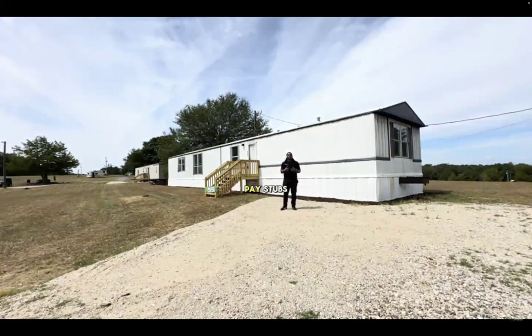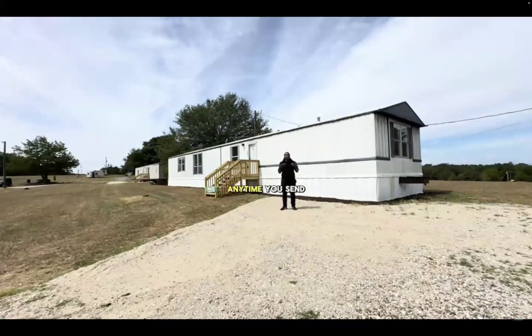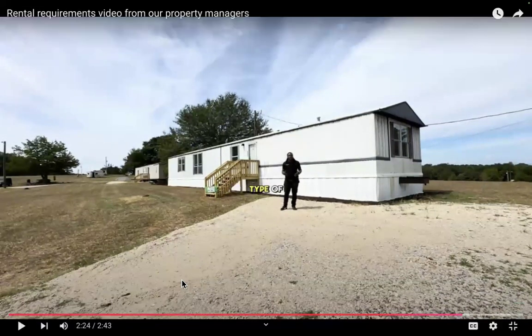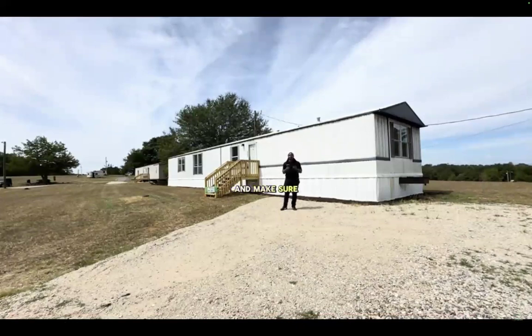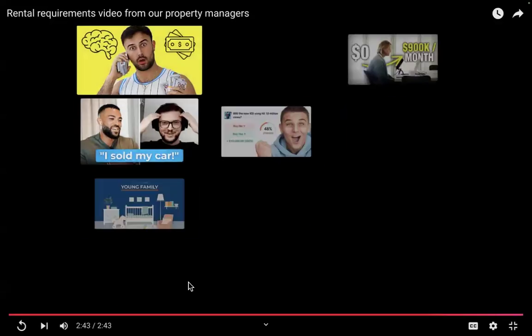Whenever you give us your pay stubs or your self-employed pay stubs, any type of income that you're putting in the application, we are going to call and verify and make sure there's a legit business, and make sure you're actually getting exactly what you said you got on your income. If you meet all of the things that I said, this property will be no problem for you to get into, okay?